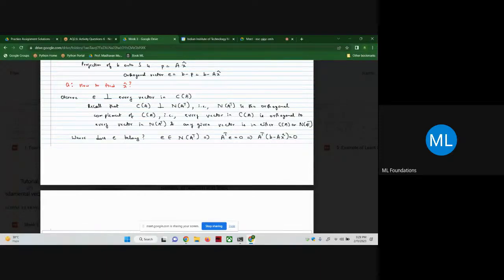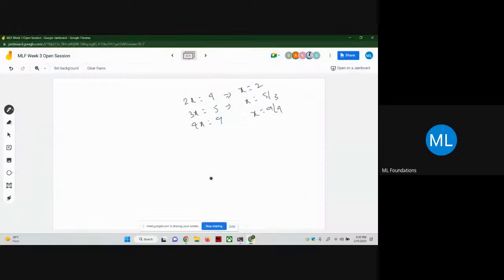Okay, that's why we are doing the transpose and then multiplying it by E. We know that this is column 1, column 2, column 3, column 4. So we know that the vector E is perpendicular to the column space of A. What that basically means is